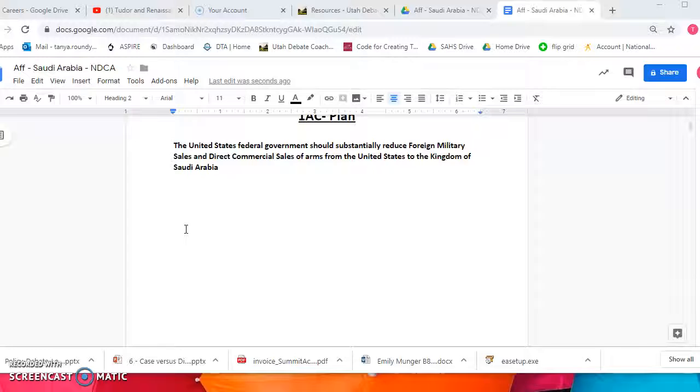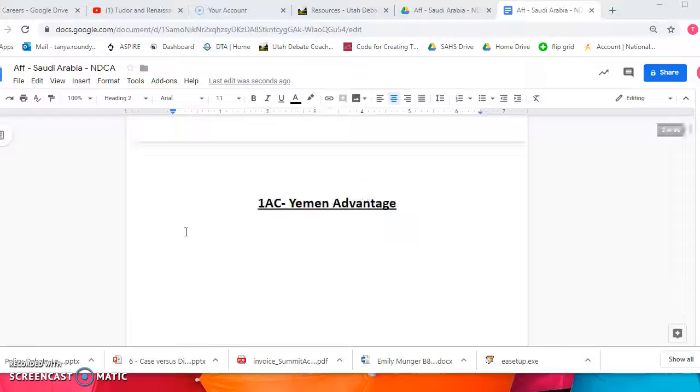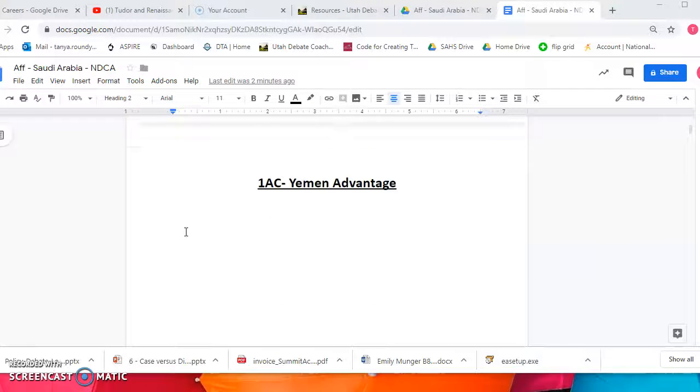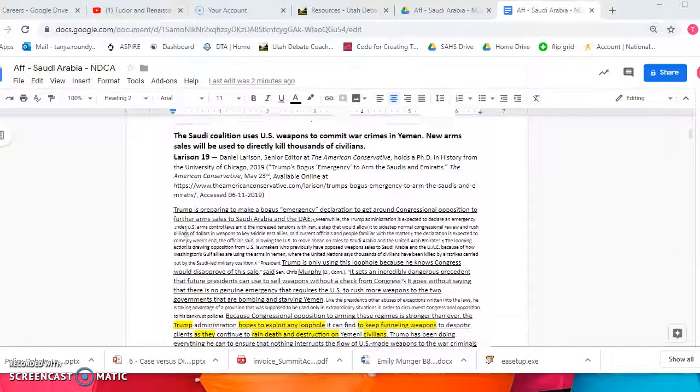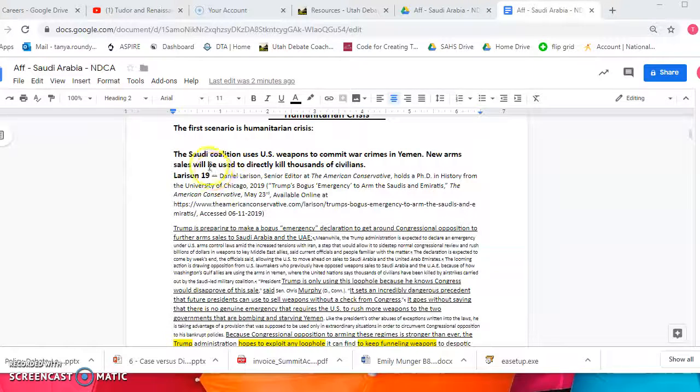And then I have the kids actually read through these plans and try to label each part. So I'll take the 1AC plan about a Yemen advantage. It's already labeled that these are cards or evidence for an advantage that will help with Yemen. But the evidence is often mixed up about what it actually supports. Does it support the inherency, the actual problem that's already there, or does it support an impact? So what we are talking about here is in this card, according to the tag, it says the Saudi